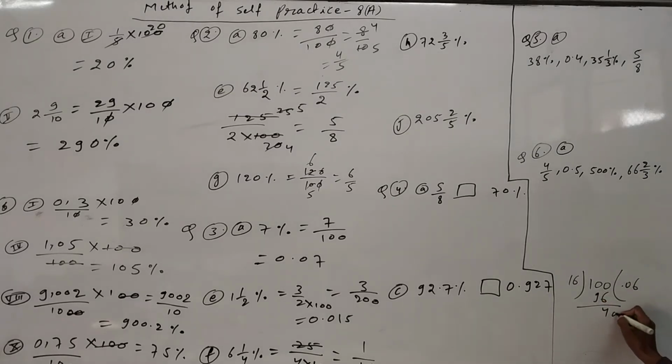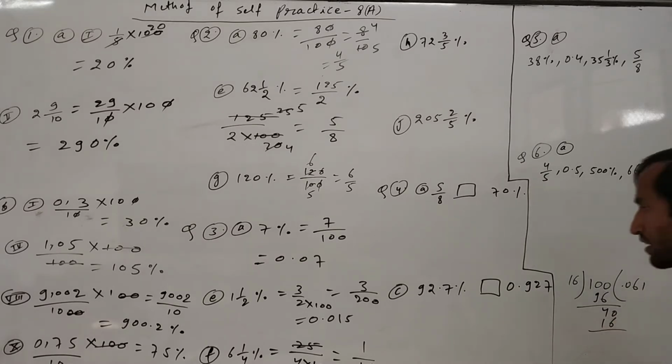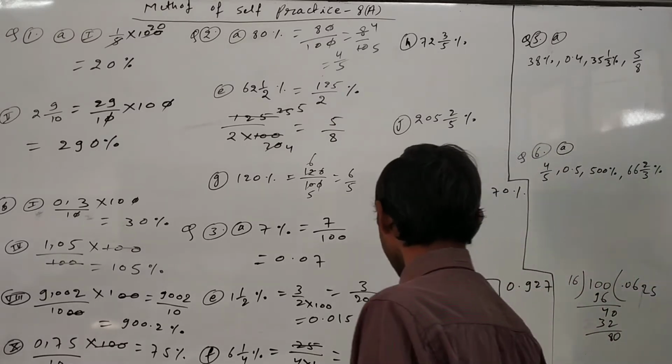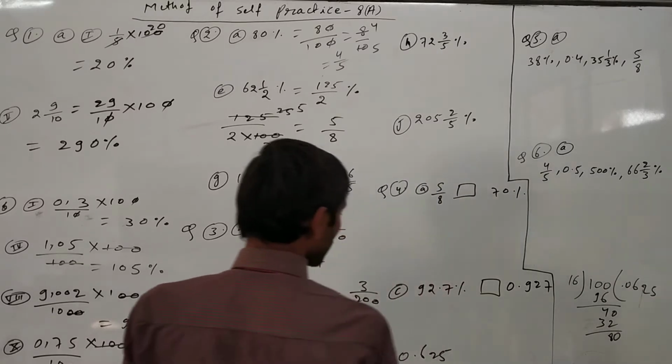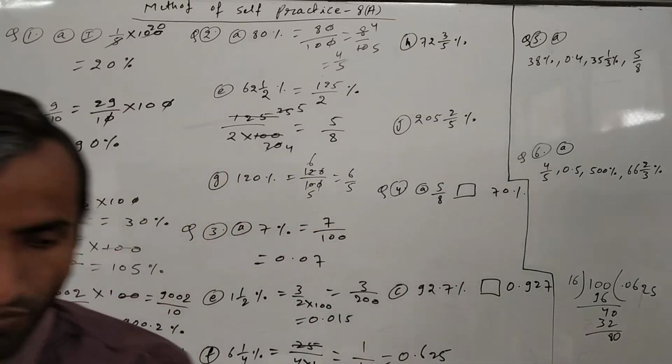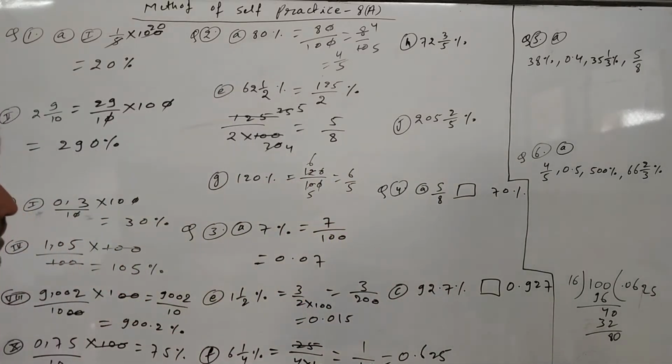So we will subtract here, 4 will come again. We can put 1 0. So 1 time 16, then we will subtract here. Not 1 time, 2 times will come. So we will subtract here 16 to the 32, 80 will come. Then 1 0, 5 times. So the final answer is 0.625 in decimal. Okay, so like that we have to do the rest of the other parts.